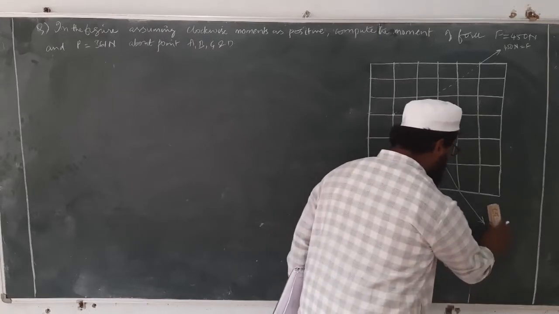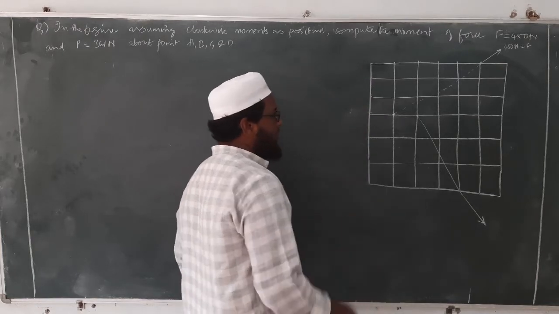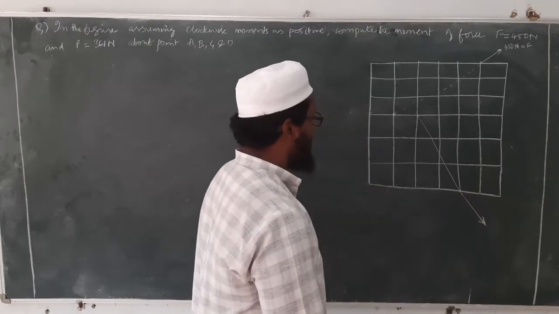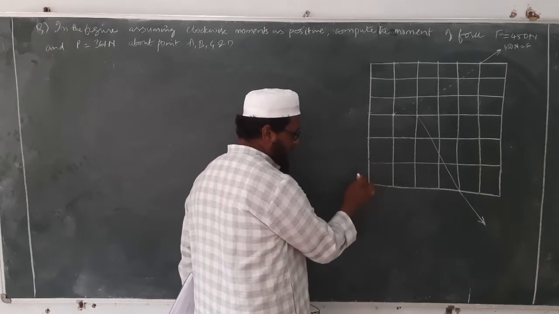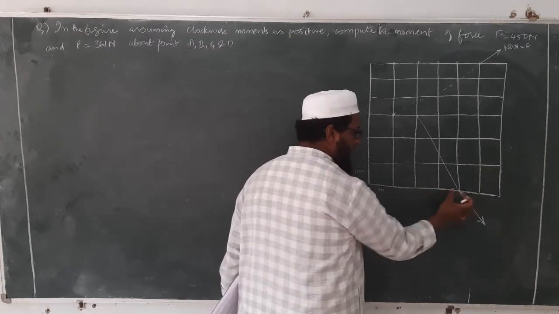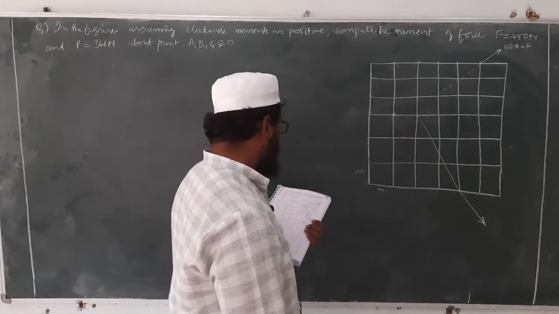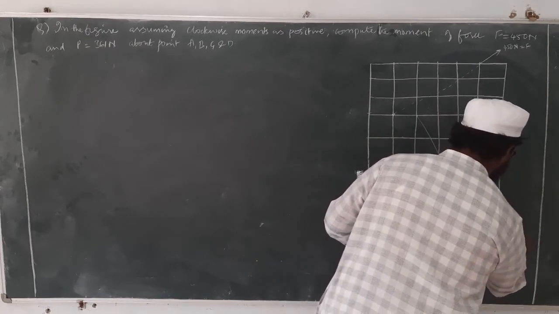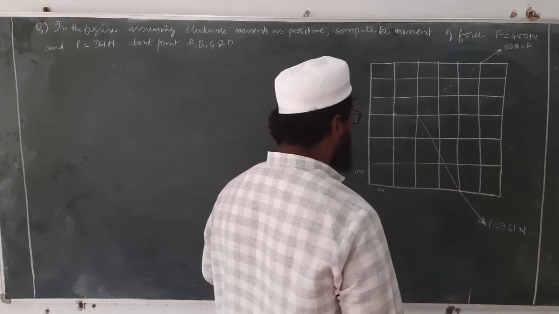Carefully observe how to draw the figure. Okay, drawing figure is also very important, how the force is going and how it is connecting the 2 points. All these things you have to be very careful, okay. Next, in these blocks, they have given distance as 1 meter and 1 meter. All the boxes are 1 meter in width and height, and this force T is equal to 361 newtons, whereas F is equal to 450 newtons.